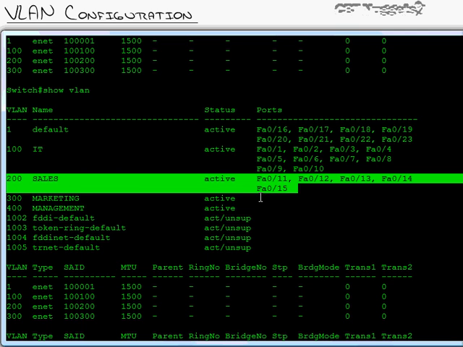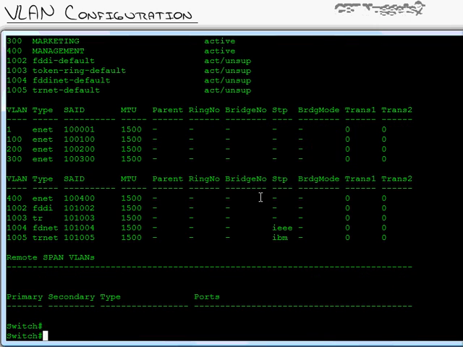At this point, I have completely segmented my switch. The sales ports cannot reach the IT ports, which cannot reach the default VLAN. They are totally separate. A broadcast in those VLANs stays in those VLANs. So that is how we create VLANs and assign ports to them. Now, the last thing I'll talk about, this is a short video just on creating VLANs, is where these VLANs